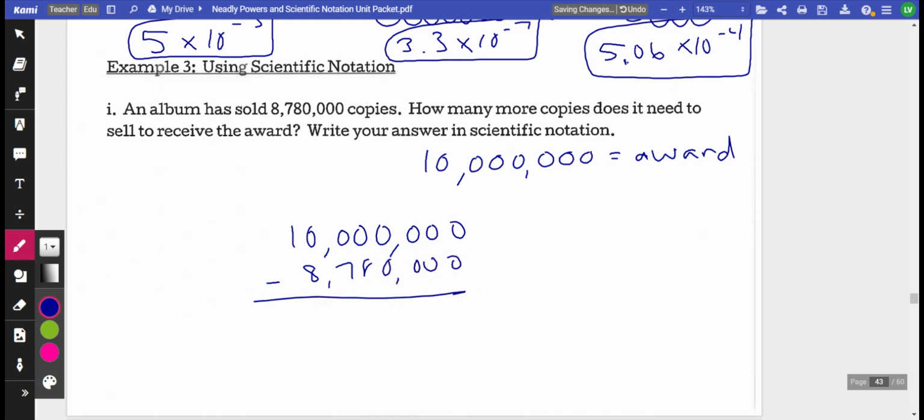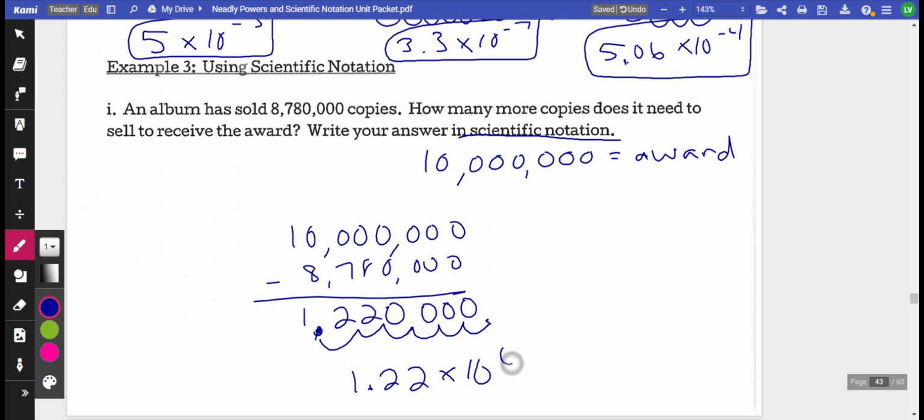Well, you can do this by hand or you can do it in a calculator. That's going to give me 1,220,000. But it wants our answer to be in scientific notation. So I'm going to move my decimal point from the very right to between the 1 and the 2. So I'm going to go back 1, 2, 3, 4, 5, 6. 1.22 times 10 to the 6th power. If you're questioning why I'm using a positive exponent, not a negative, my original number is larger than 10. Okay,